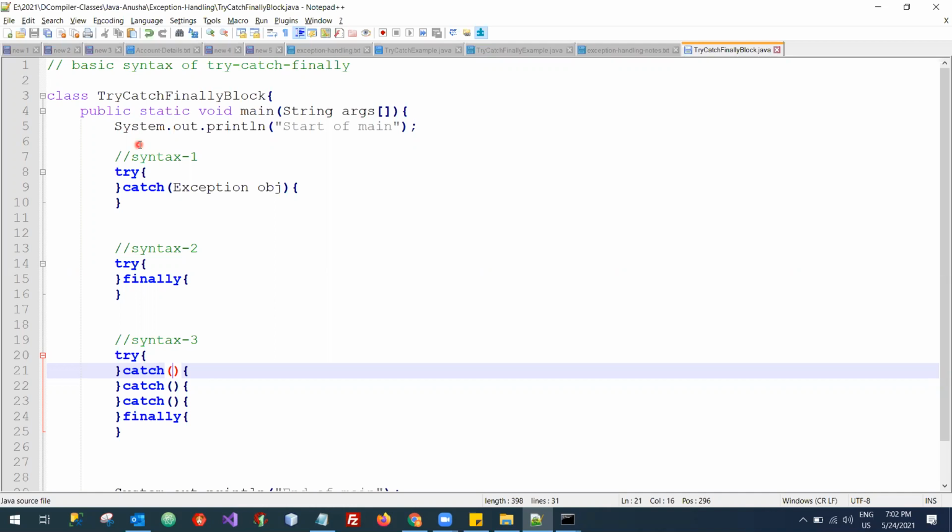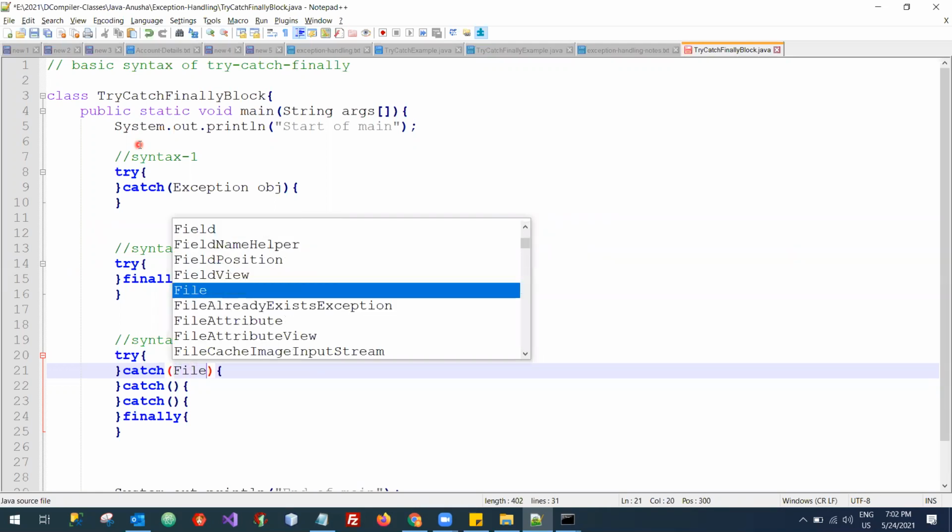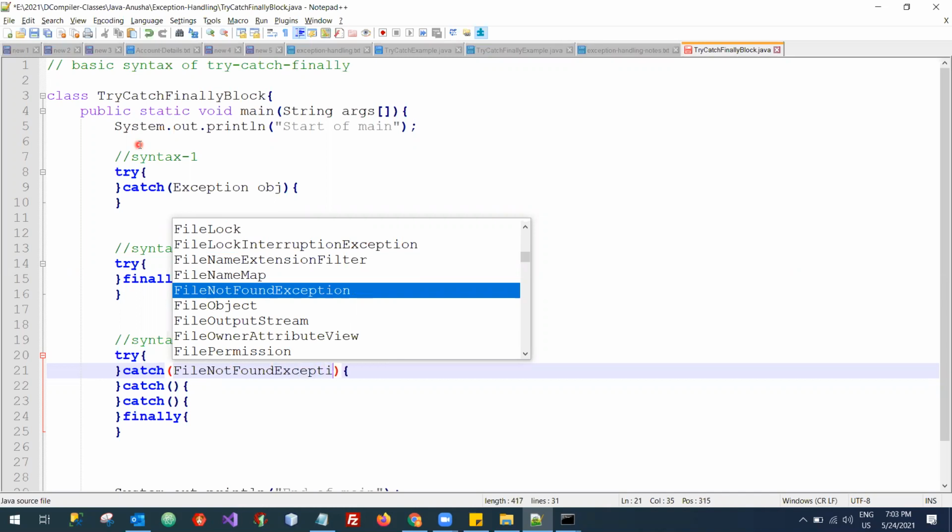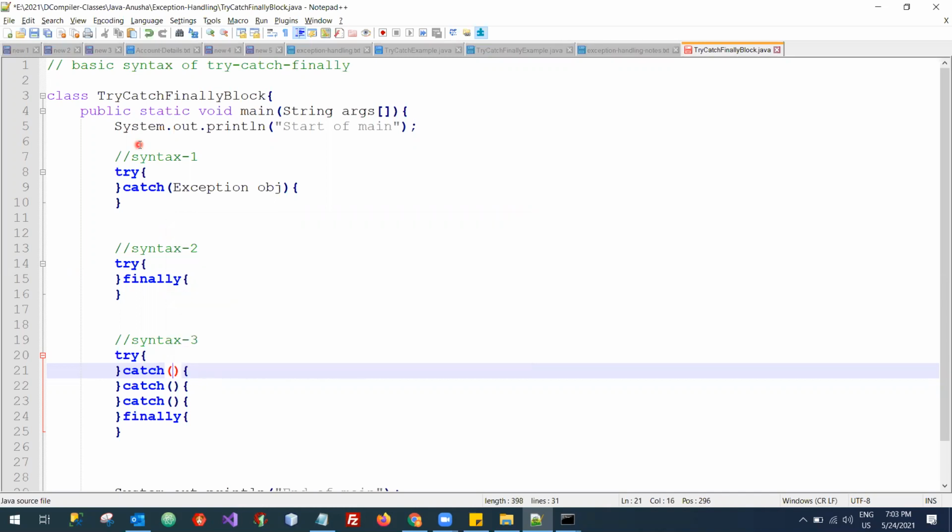So for that, I'll be taking some example classes, which we'll be learning down the line. I'll go with FileNotFoundException. This comes with file handling.